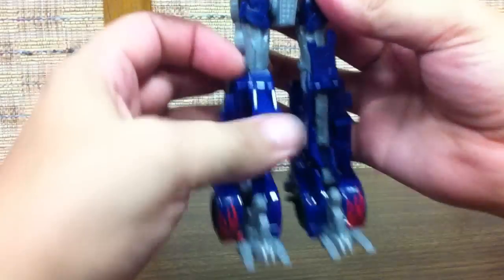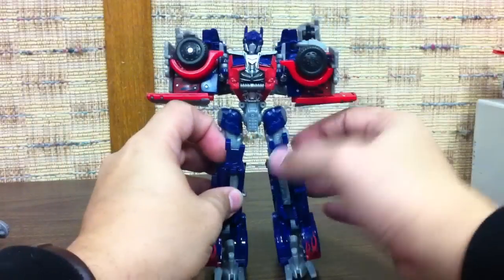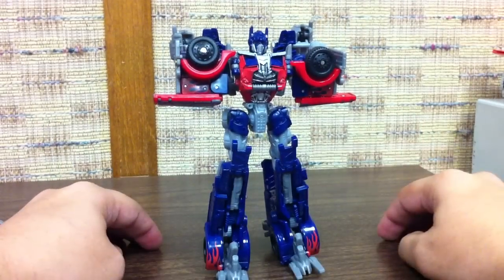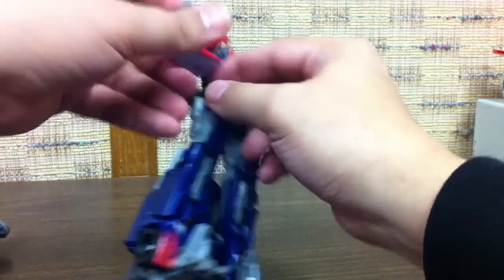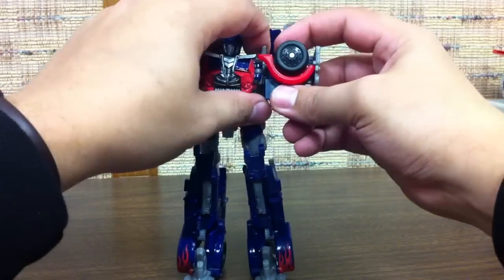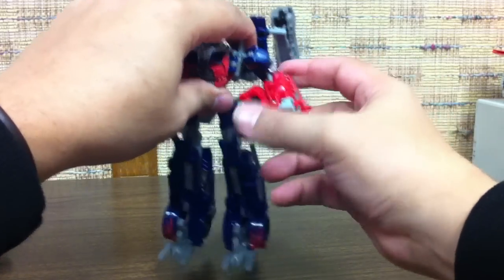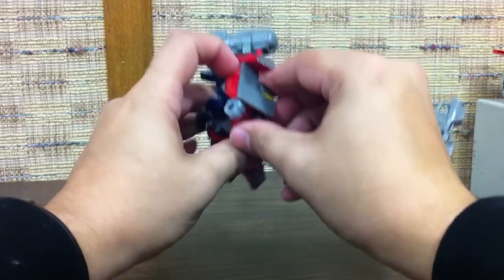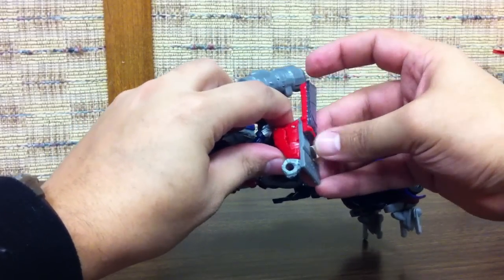And again, behind the knees, there's also more of that carbon fiber heat tile shielding stuff detailed in there. And then you see the armor ends up here on the back of his legs and here on the side of his arms. And then the arms themselves, you just extend. Basically, you want to bring them down and around. The grill piece actually extends down along his arm, and then this piece folds over it, and also, as you